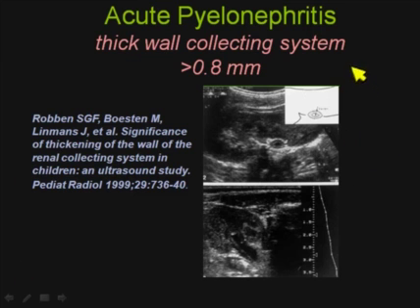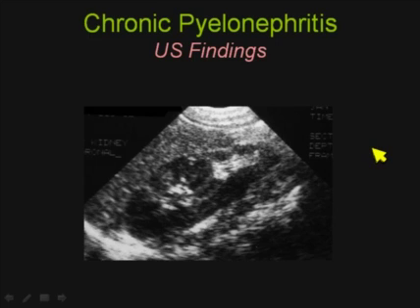Here we see in the article by Robin that there is mild thickening of the wall of the renal pelvis, both in this longitudinal view as well as this transverse view. Chronic pyelonephritis, we may actually be able to see differences in the contour of the kidney. This is a patient with a duplex kidney who had reflux into the lower pole, and there's tremendous thinning of